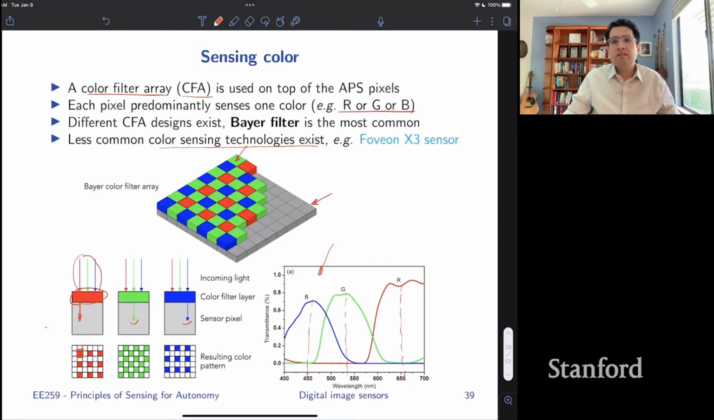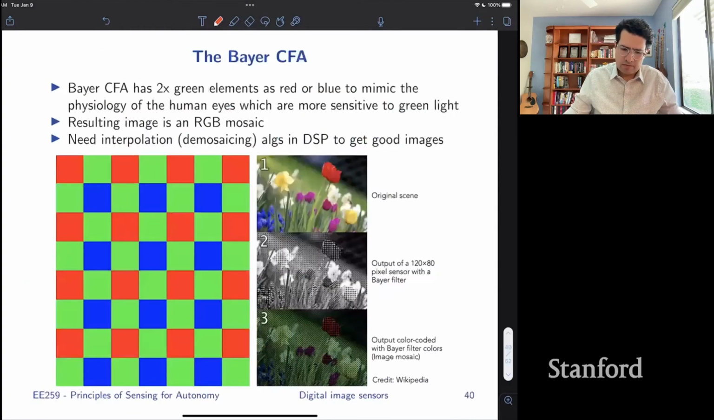Now, there are also different designs for the color filters, like what's the pattern of these RGB cells that you want to use in the color filter array. The most common one is called the Bayer filter, and this is the pattern of the Bayer filter shown here. The immediate thing you would notice is that if you look at this little 2x2 square, it has two greens and one red and one blue. So it has twice as many green cells